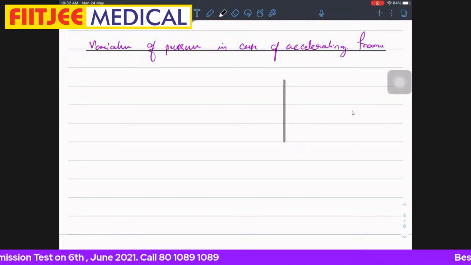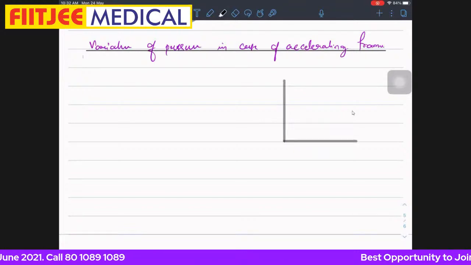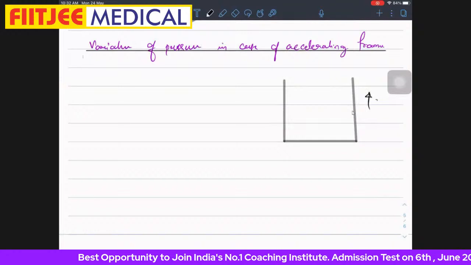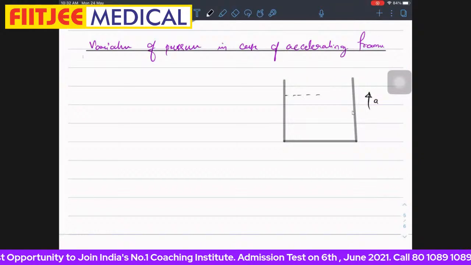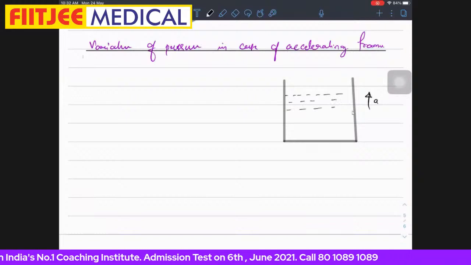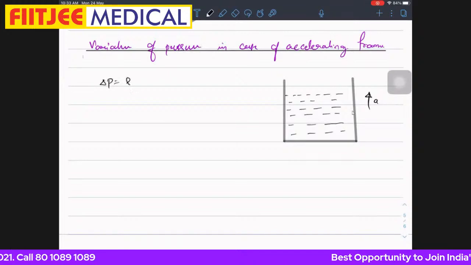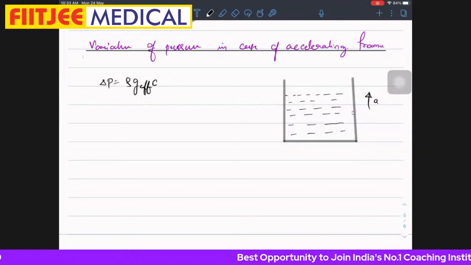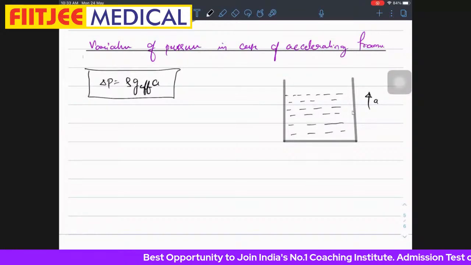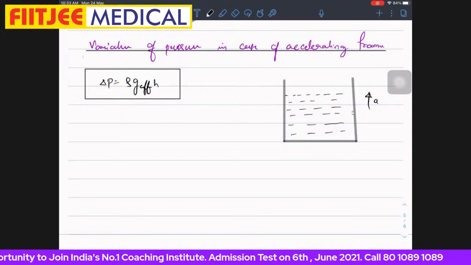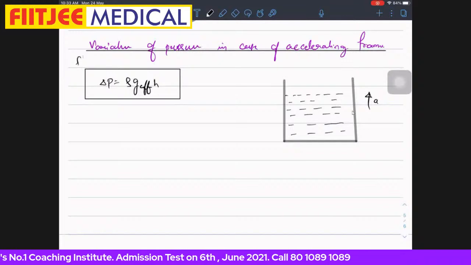Now see here. Suppose we have given a platform on which liquid is there, and this platform is going up with acceleration A. I'll write directly one relation that will cover all the things. So in this case, we write pressure delta P equals rho into g effective into h. Here I am writing for